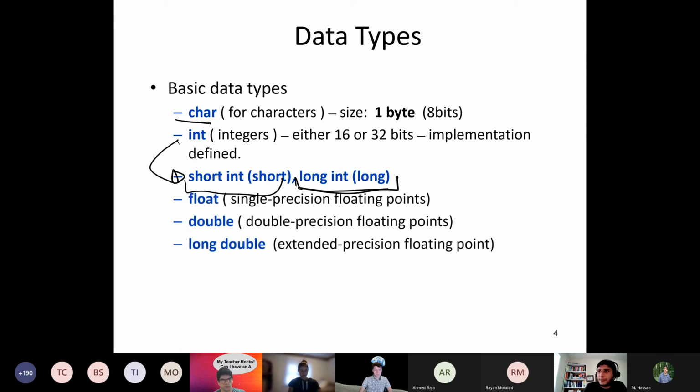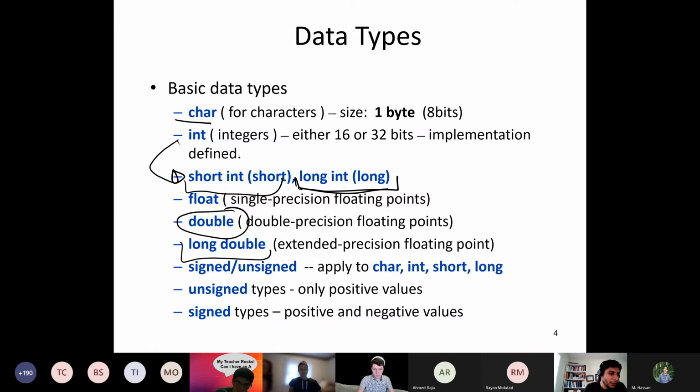Maybe I kind of answered it from another angle, but that's definitely the reason. It's also because you can start the value from 0 and then you have to reach the maximum minus 1. That's correct. And then we have float, which is single precision floating point, and then we have double, which we used quite a few times, which is double precision floating point. And then, if I want something that is very long as a fraction, that's long double, which is an extended precision floating point.